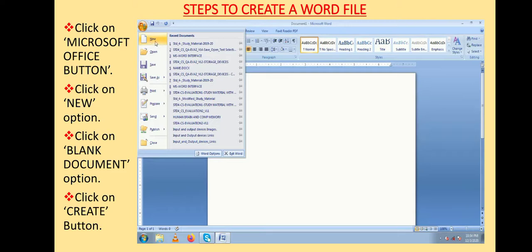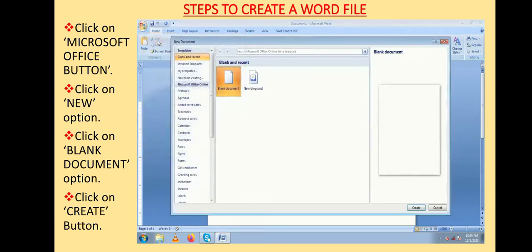Then click on this New option. This type of dialog box will open. Click on the blank document, and then click on the Create button.